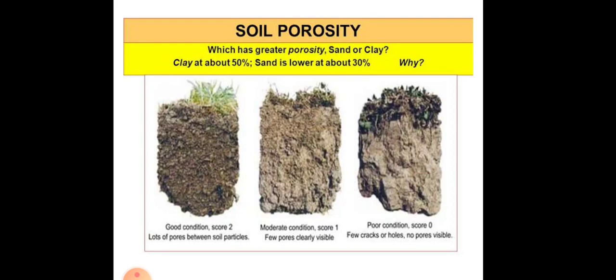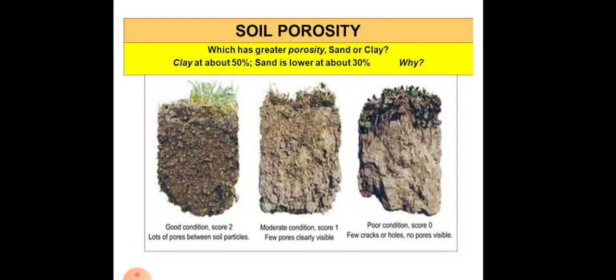And this slide also shows that there is a different structure of the soil. Structure means there is an aggregation of different solid soil particles. The first one is a good condition with lots of pores between the soil particles. So in the first structure the pore spaces are more and it is in good condition. The middle structure shows few pores clearly visible, and in the last structure there are a few cracks or holes, no pores are visible, and due to this it is in poor condition, and the rank or score is also given